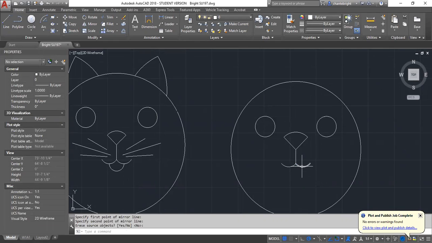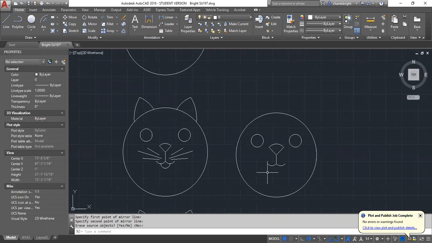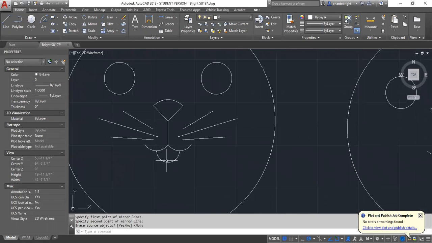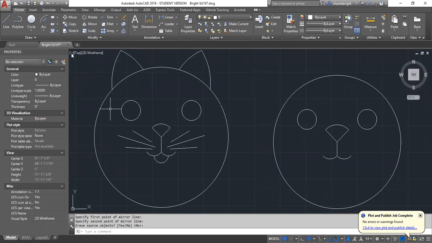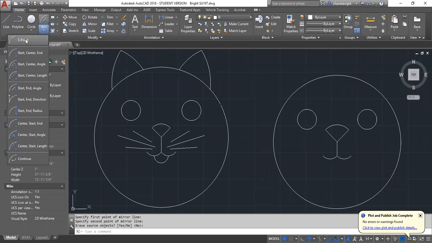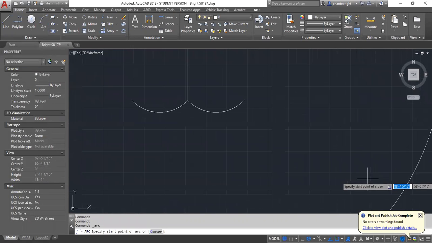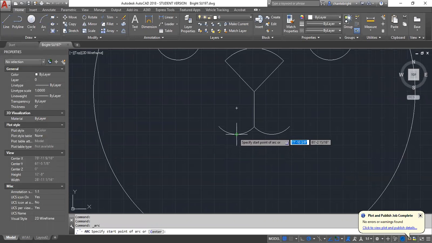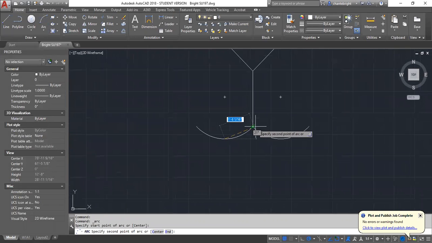Now from here, we're almost done actually. We're going to do yet another arc for the bottom of the mouth. And this time, I'm going to do the three-point arc, just so you can see the difference with how these behave. The way the three-point arc works is you start in one point. So I'm going to actually hit the bottom quadrant of this arc. I'm then going to put my mouse over the bottom